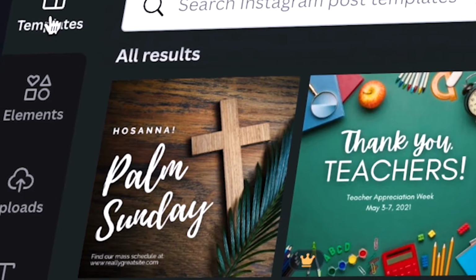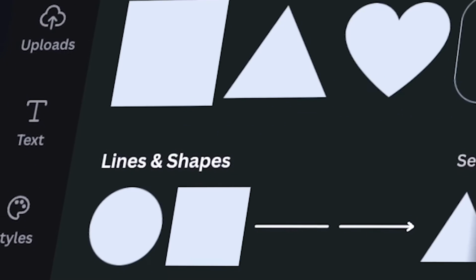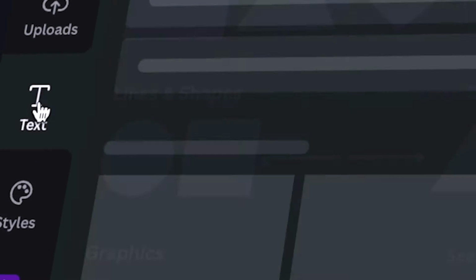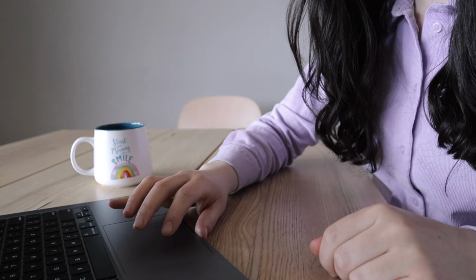I love Canva, but there's one big problem with it. You and I are sharing the same design templates, the same design elements, and the same fonts. The problem with that is that it makes us all look pretty similar to each other. So the best way to fix that is to bring any design elements, any fonts from outside of Canva into